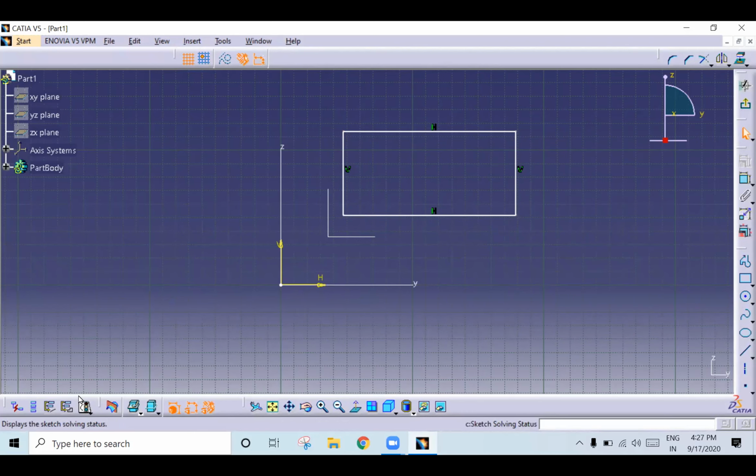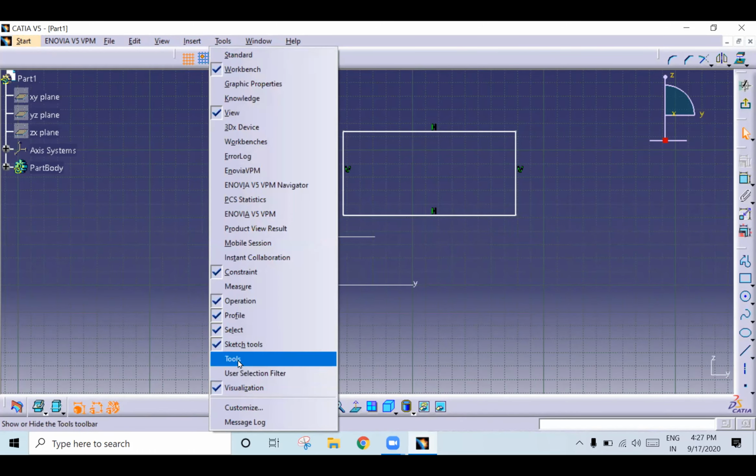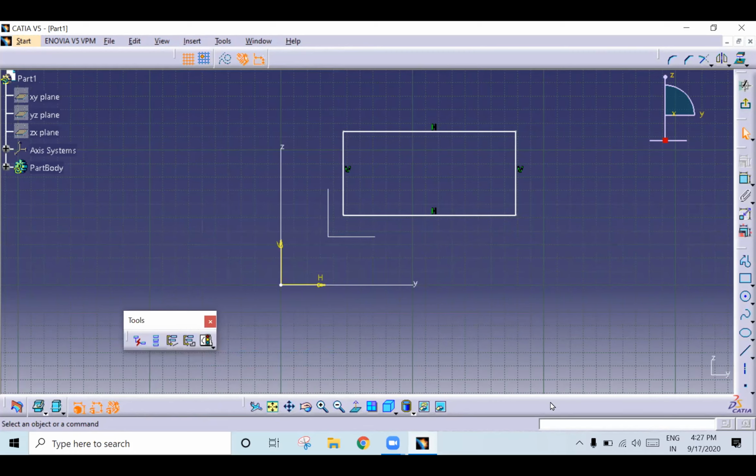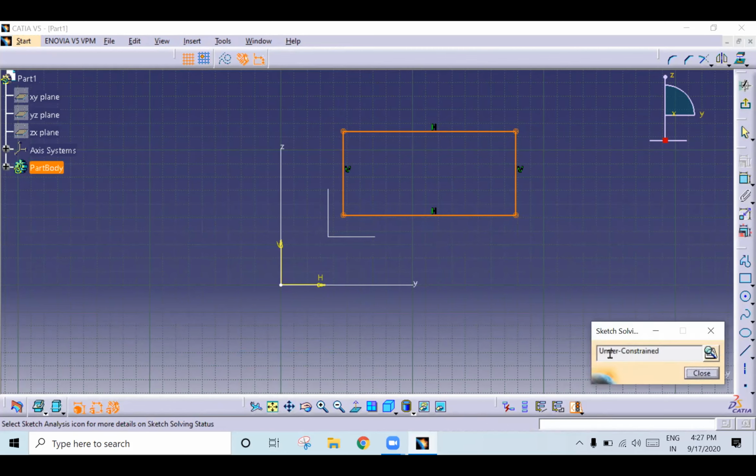I will show you how to check the status of constraint. You have an icon here called sketch solving status, in the bottom left. If you don't find it, right click on it and select the tools. Once you click this sketch solving status icon, it shows under constraint.